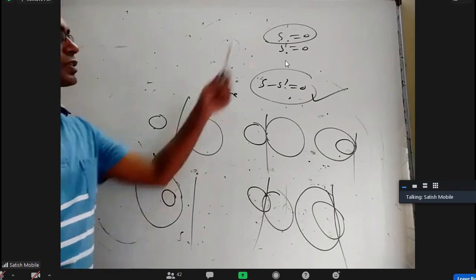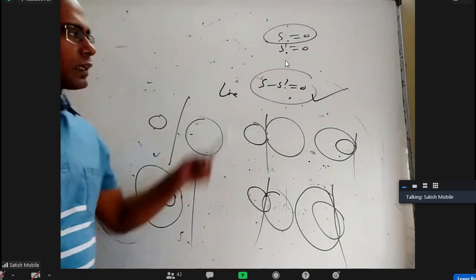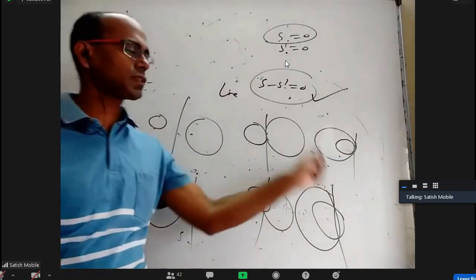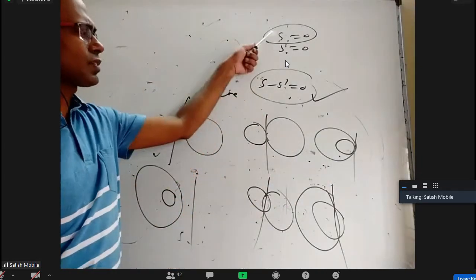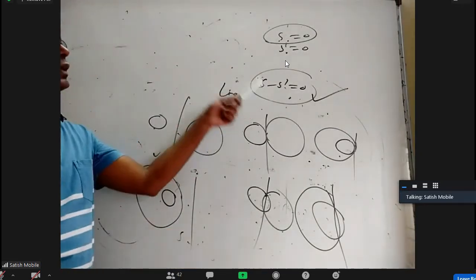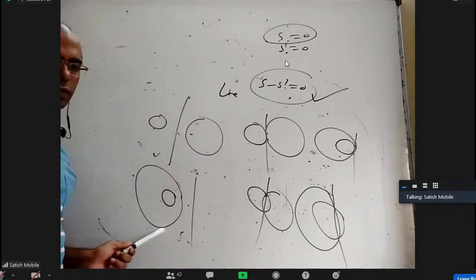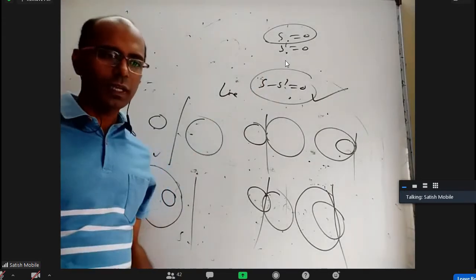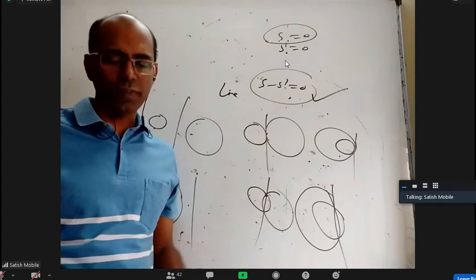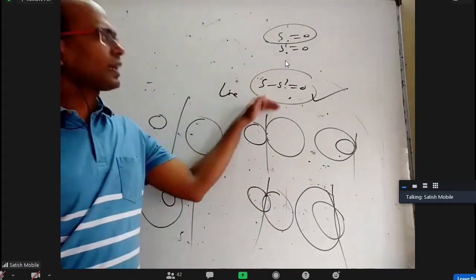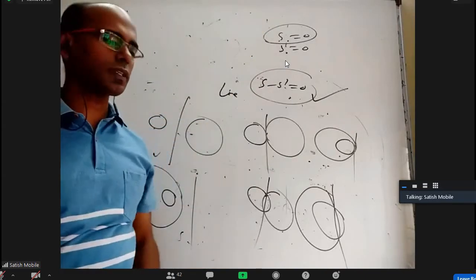Okay. So when you subtract two circles, you'll get a line. If that line is touching any one of the original circles, it will touch the other circle also. Then it will be like this or like this. If it is intersecting one of the circles, it will also intersect the other circle. They will be like this or like this. And if it is completely outside one of the circles, it will be like this or like this. So the touching case can be verified. Whether they're touching internally or externally, we'll find out later. Whether touching or not, just find the radical axis and see whether the radical axis is tangent to one of the original circles.